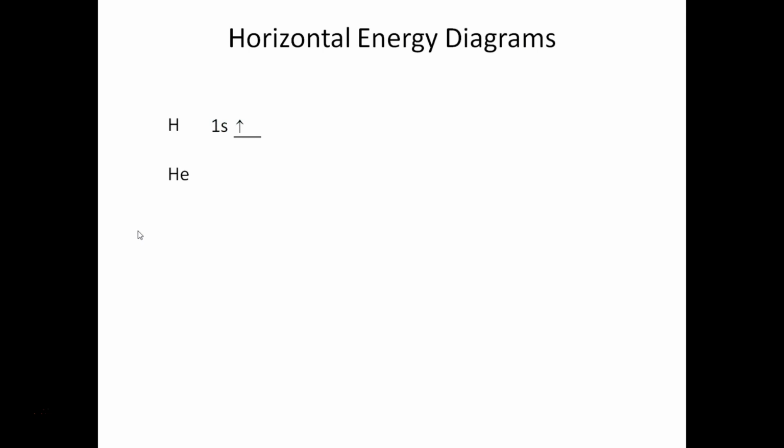Likewise, we can look at helium. Helium has 2 electrons, so we start off with our lowest orbital of lowest energy, as stated by the Aufbau principle, 1s. Okay, I can place my first electron in it. Now I have a second electron, so I place my second electron, and it would be denoted by an arrow